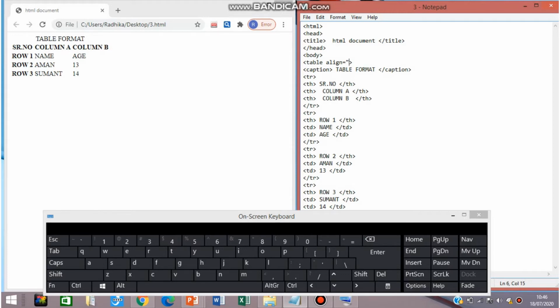Now I am mentioning align is equal to center. You have to close your double inverted commas. Now just save it. I am editing these attributes in the code that I have already written in the last class.